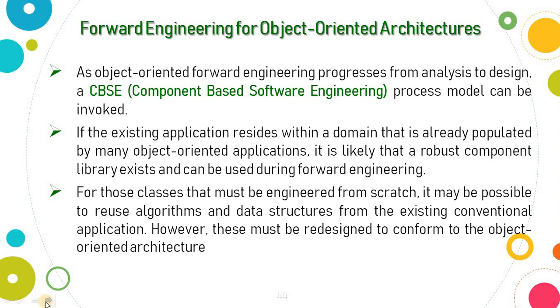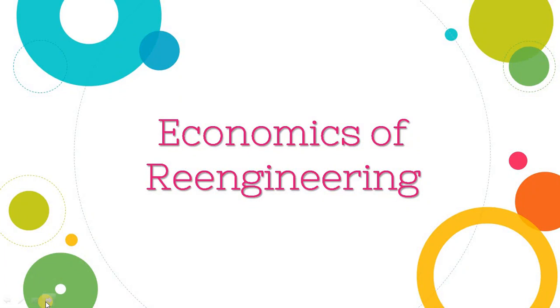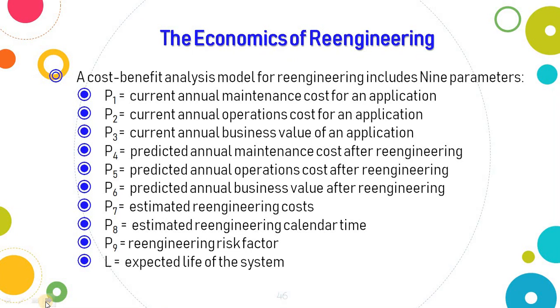And if the application is not in the form of object-oriented, we have to identify objects and object concepts first from the existing application and convert that to an object-oriented form. So that's about the reverse re-engineering activities. After establishing such activities, we should know whether this re-engineering is required or not after analyzing its economics. Economics of re-engineering means how effective or how useful the re-engineering is and how much it will cost.